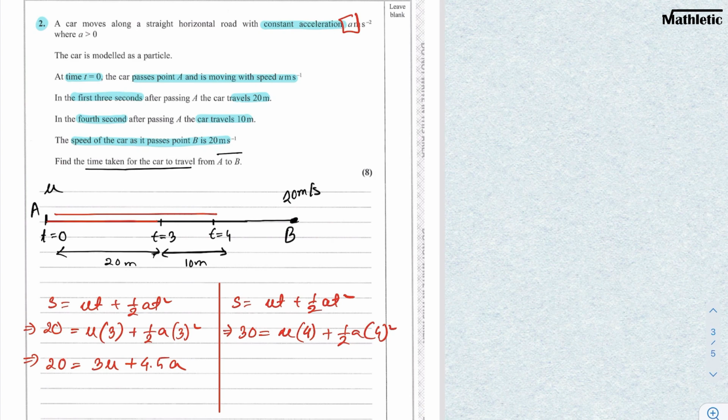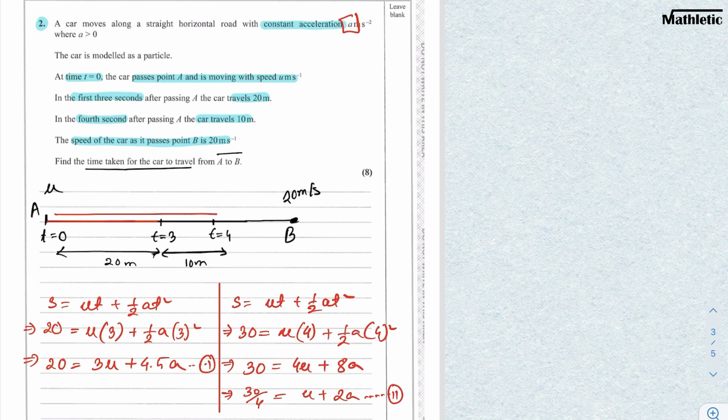Then we have 4 squared, so 4u plus 8a. If we just factorize this, we will get 30 by 4 equals u plus 2a. So if this is equation 1 and that's equation 2,